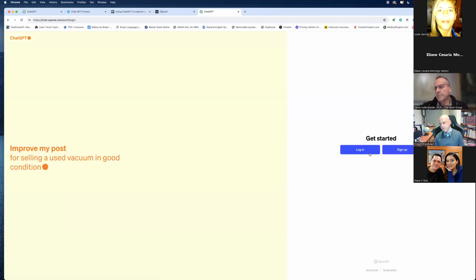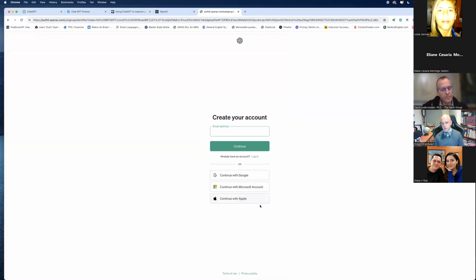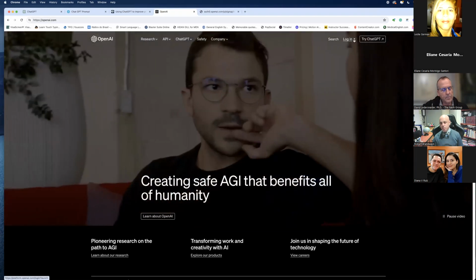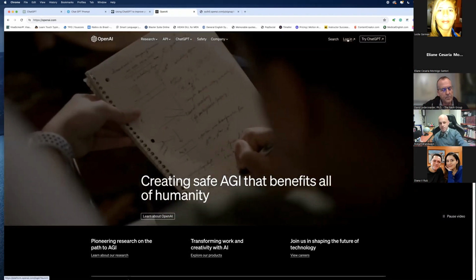Let's get started. Log in, sign up. Entonces ustedes pueden sign up y les va a pedir que utilicen de pronto, maybe you can sign in or sign up with your Google account, with your Microsoft account, with an Apple account, or you just write your email address. O con Google, con Microsoft, con Apple, o simplemente ustedes escriben su dirección de correo electrónico, le dan continue y tan, todo en orden. Okay, that's the way you download it and you start using it in your computer. You basically log in to openai.com. Ustedes se loguean en openai.com y simplemente entran.